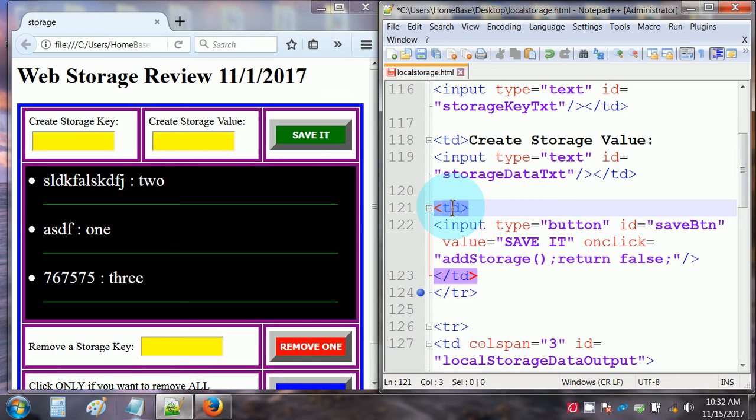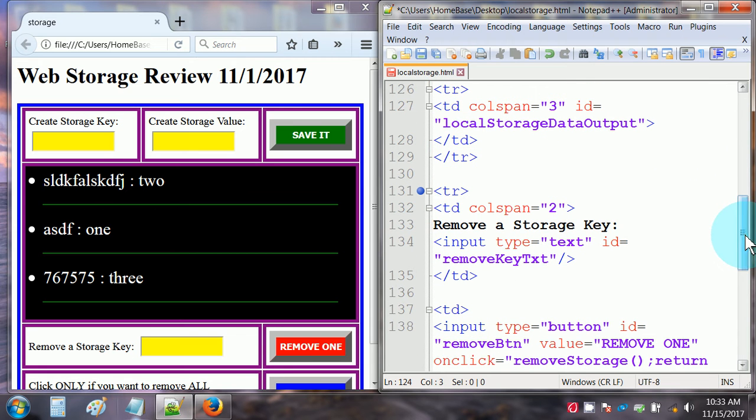Alright, so there's our third TD table data cell in our first table row. There's the ending of that table row. Let's look at the next table row. Here's the opening TR tag. This is real simple. In our second table row, as indicated by this part right here,